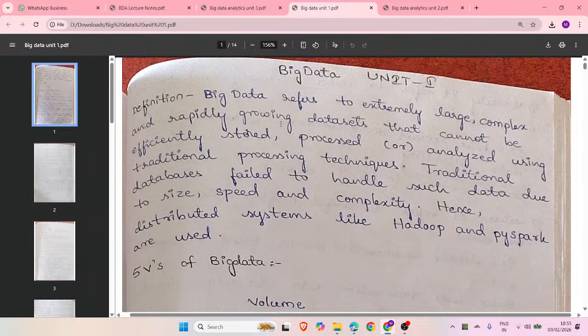So I'll wait for 1 minute. I'll start at 6:56. So let us go through the topic one in big data. I'll finish it within half an hour. I won't take much more than that because I'm not going for an elaborative explanation. I'm just giving an overview of how to write the answer and how the questions will appear in the examination for one topic,